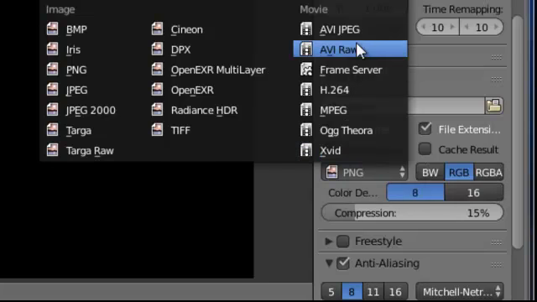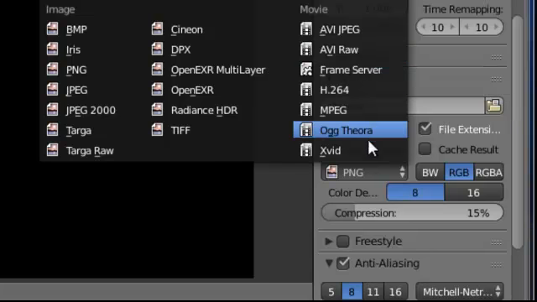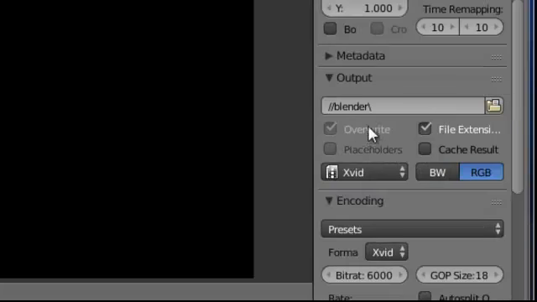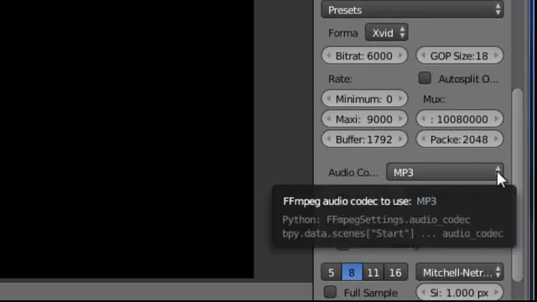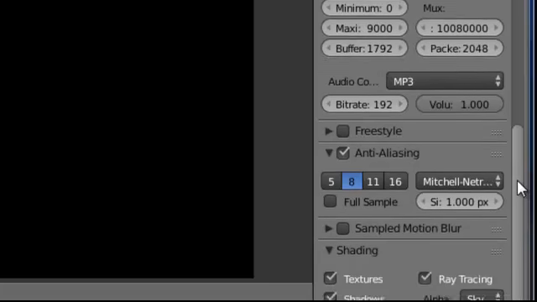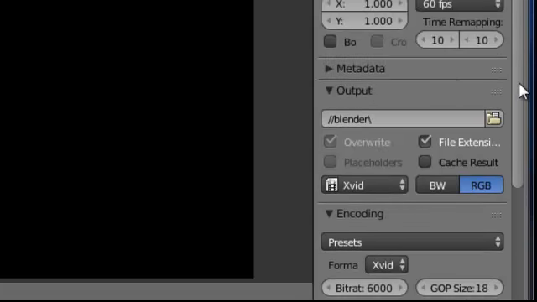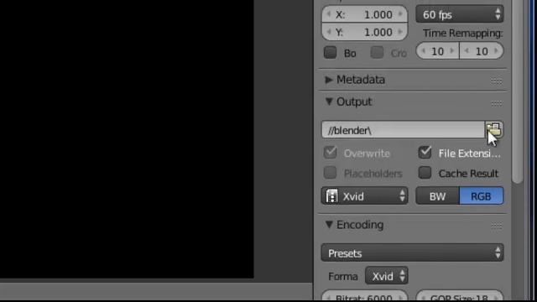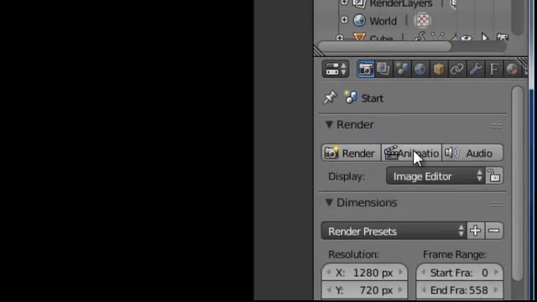I will say that if you choose AVI RAW, be prepared for it to create a huge video file, about 100 megabytes for every second of animation. It's really huge. Like I said, I'm going to click Xvid, and now if you click Xvid, it opens up some stuff down here. It asks about your audio format. I'm going to keep it on MP3, and that's about it. It's still set to the same output folder. It's going to go into the same folder as your images, into that Blender folder, and that's us ready to go. So we'll click animation,